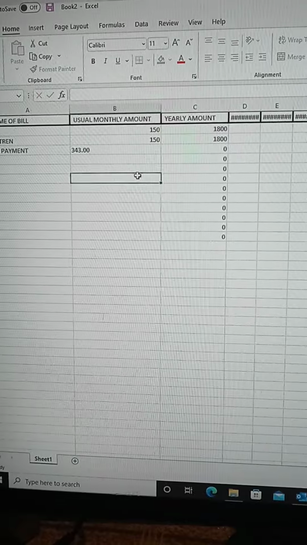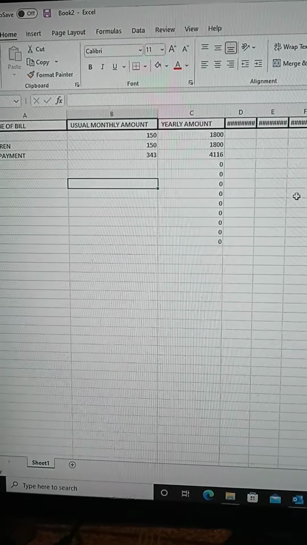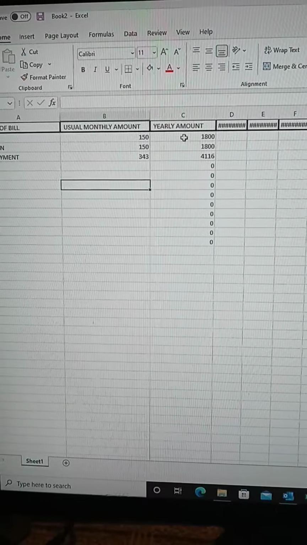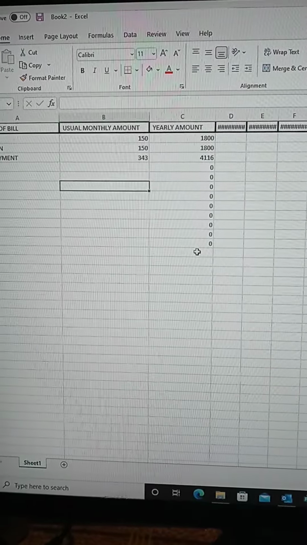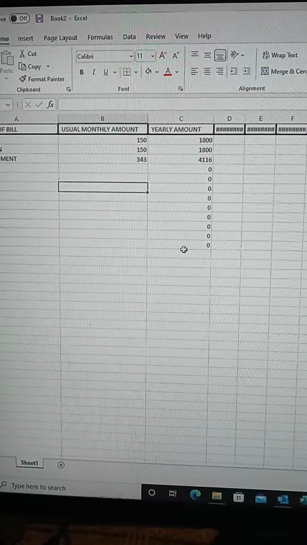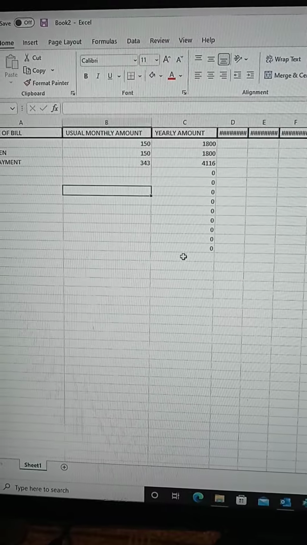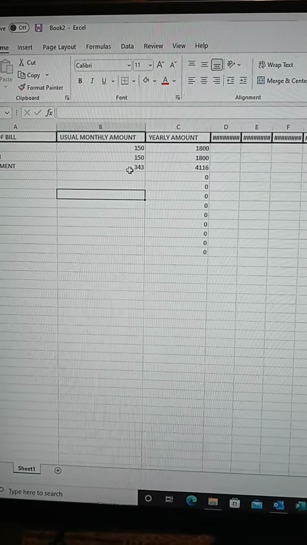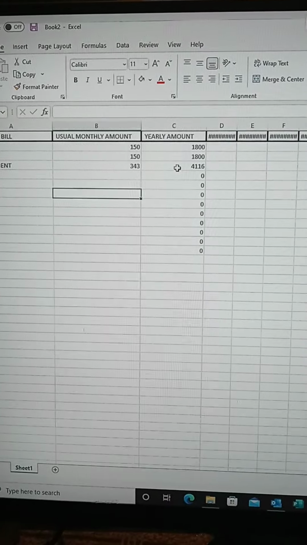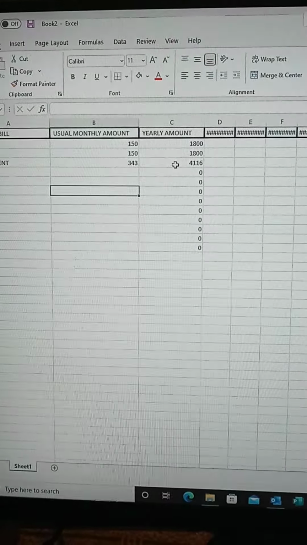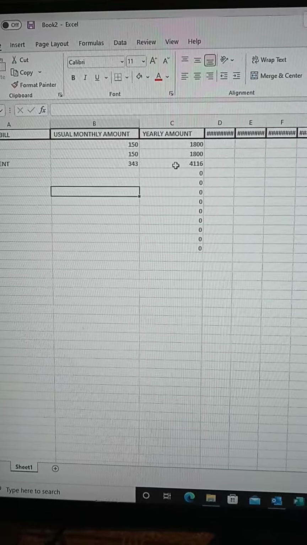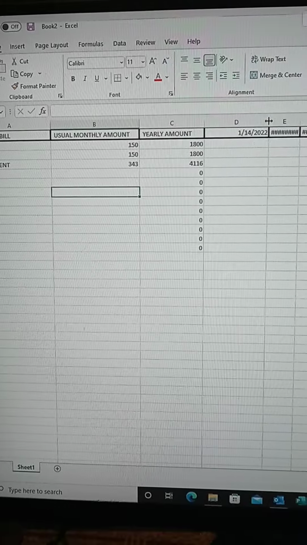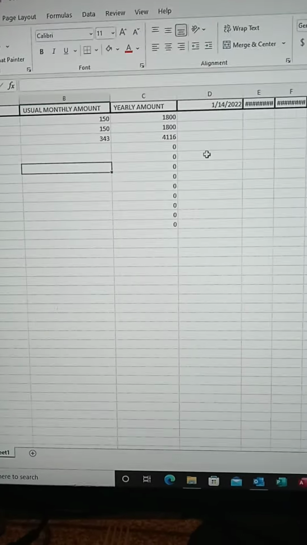Okay, you see what happened? It automatically, because we filled that down, that means make the whole thing come down to follow suit, basically, to copy. So my car payment is $343, and yearly basically is $4,116. Okay, so next what I do, I put